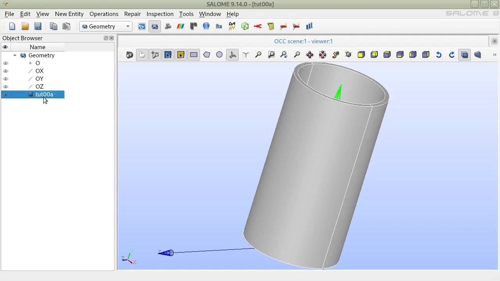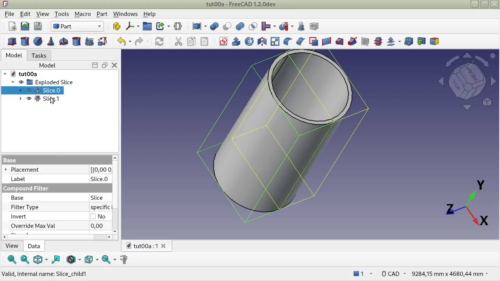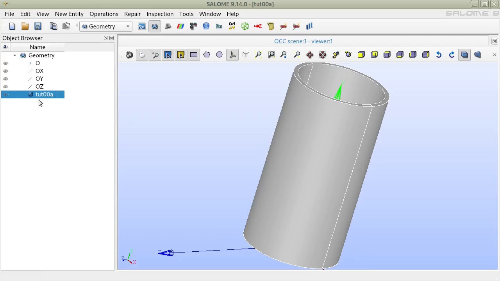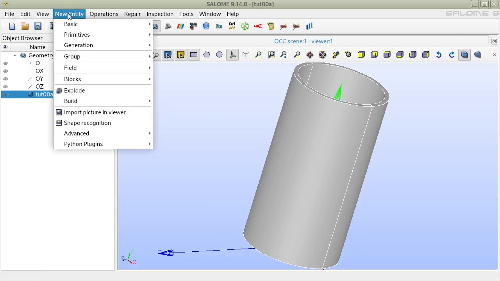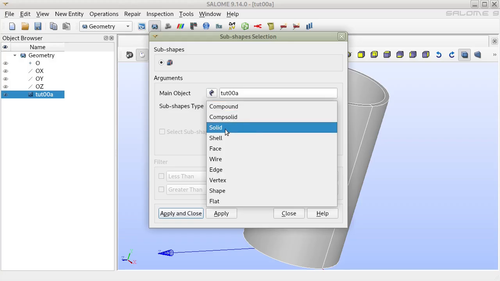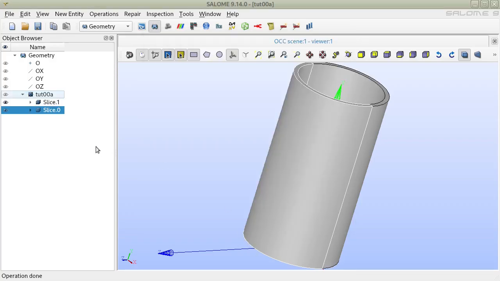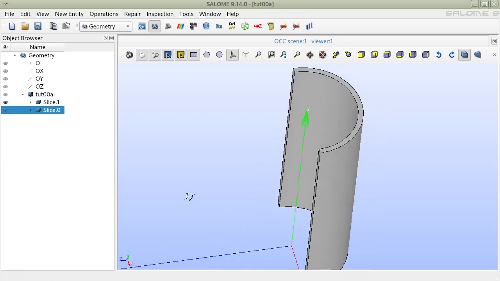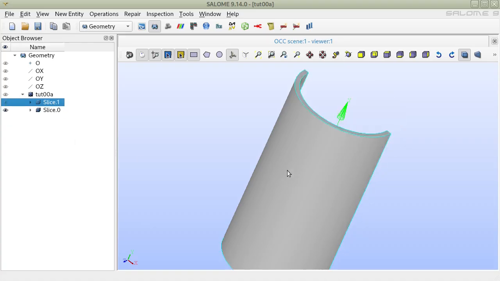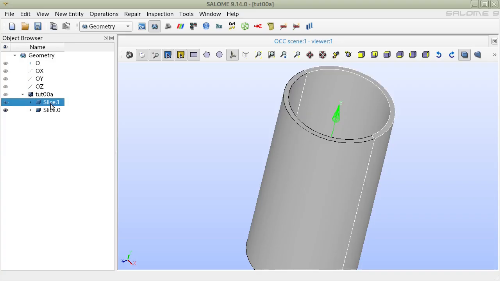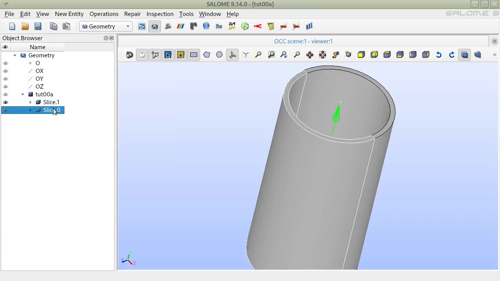So don't forget that we have a compound, slice 0, slice 1, which we can explode in order to have the two entities. Then new entity, explode, subshape type solid, apply and close. So we have the two solids, slice 1 and slice 0, which we can rename as volume 1 and volume 2,